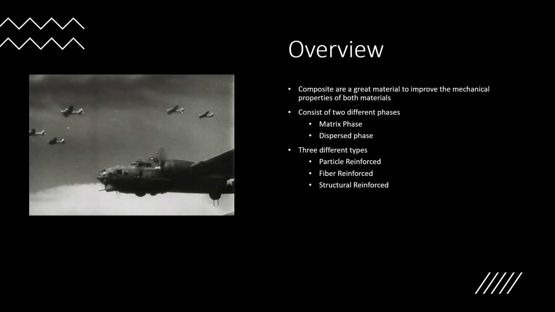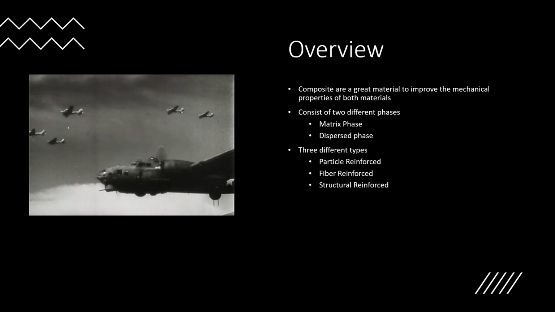Overall, composites are a great way to improve designs by combining materials together and improving the mechanical properties of them. Composites consist of two different phases called the matrix phase, which covers the dispersed phase that is the backbone of the composite. There are also three different classifications of composites, like particle reinforcement, which is a bunch of random particles